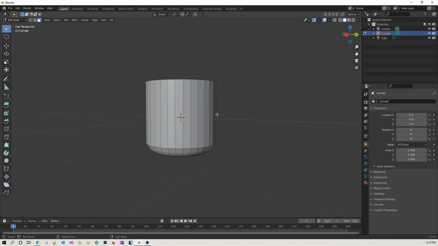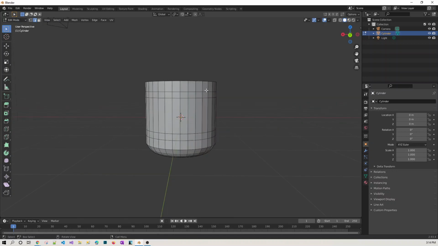The main portion we still need is to create a handle. To create the handle, create some additional loop cuts here. Again Control R, here we go. Just give some width here by guess. And now we are going to use spin. What spin will do is we select these faces, extrude and spin them so that they join this one.